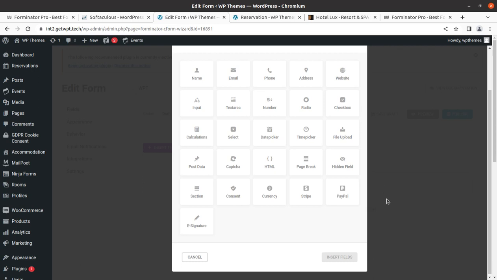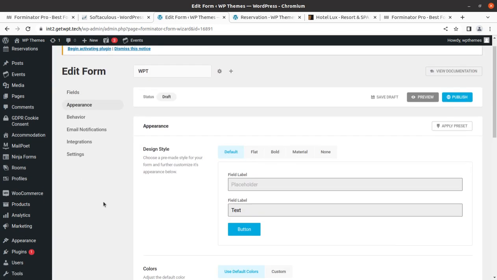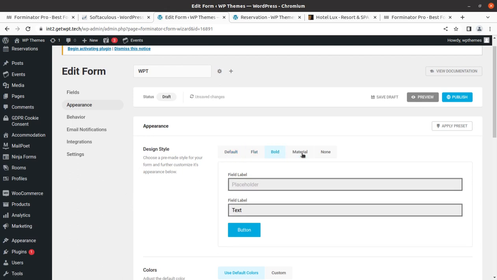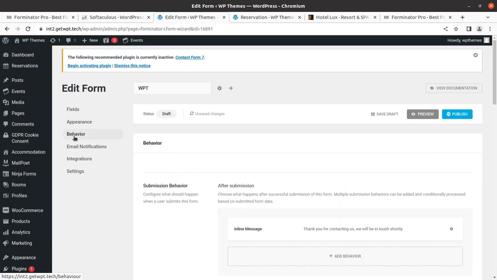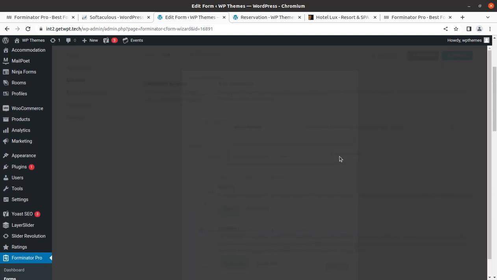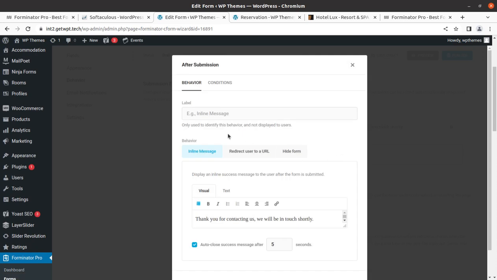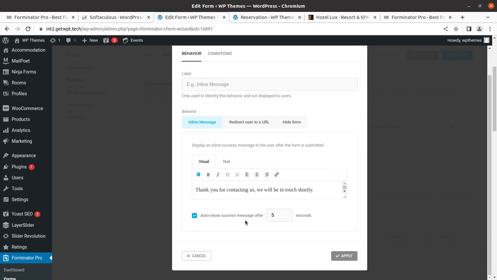So these are very advanced options available with the forms. And you can set the appearance again. It can be set flat, bold, material, or none. Whatever, you have to explore all these things. Behavior again is another thing. So what happens after submission of forms, like if we are willing to add the behavior, so it is a label or redirect user to a specific URL. It is very important. You can hide the form once it has been submitted, and auto close the success message after